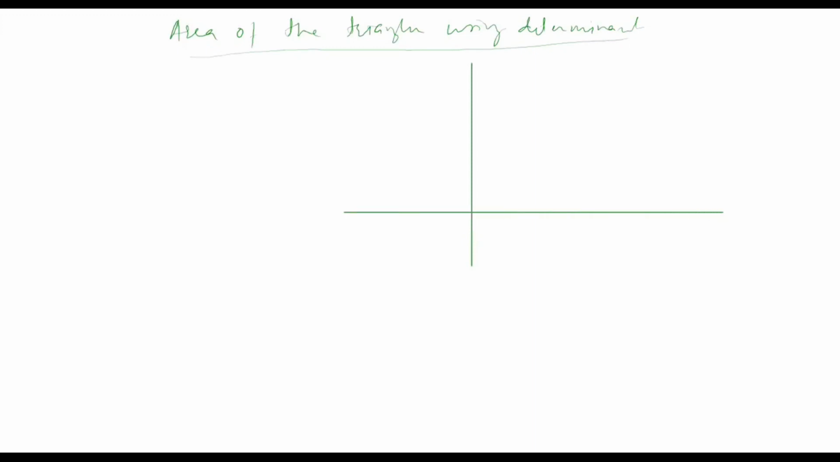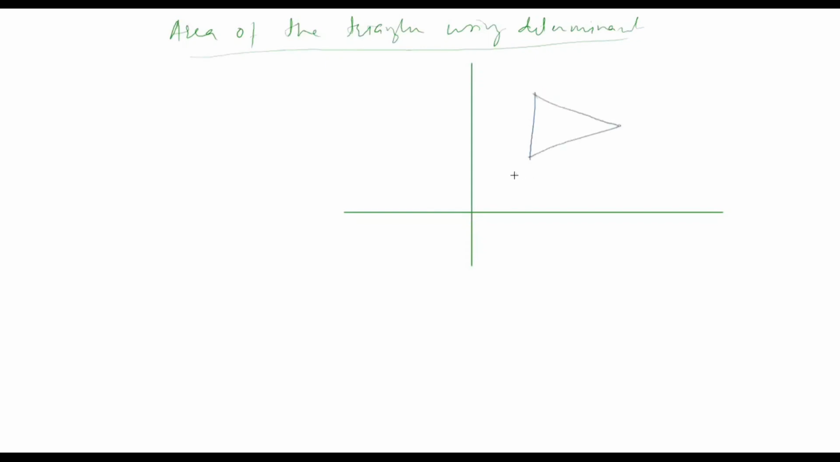Properties we'll talk about, but first, you asked about the area of the triangle using determinants. So how do we explain that? What we have learned in your earlier classes, maybe in 10th standard, was that if you've got a triangle like this,